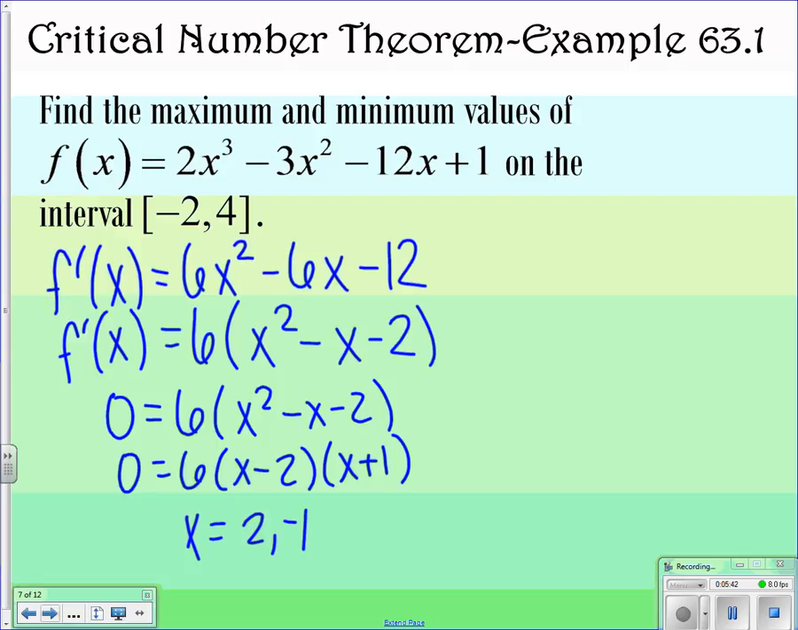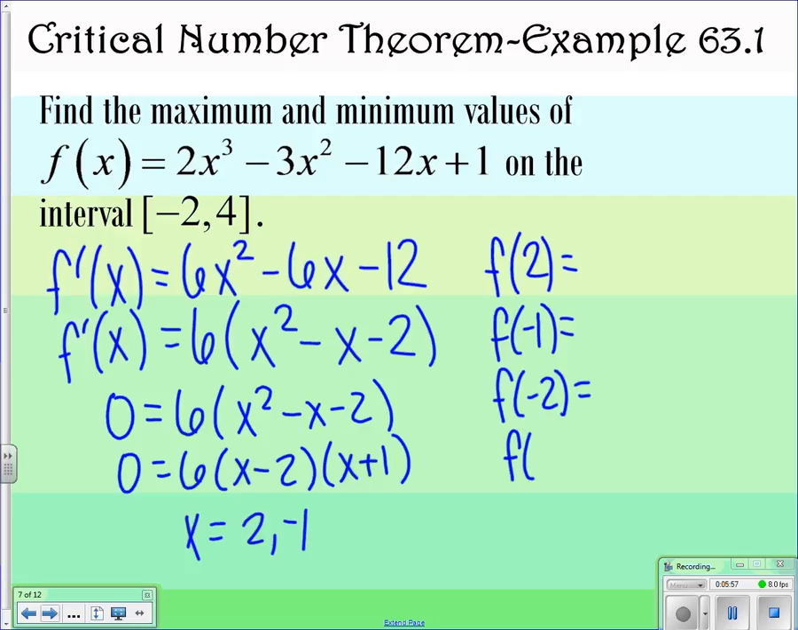So what we need to do, we're going to check 2. We're going to check negative 1. But we also have to check the endpoints of negative 2 and 4. And so you're going to plug each of those 4 values into your f of x function, the original one there. And so if you plug in a 2,